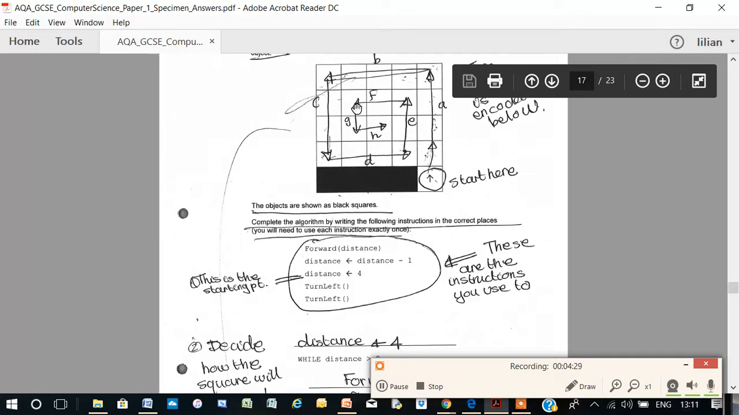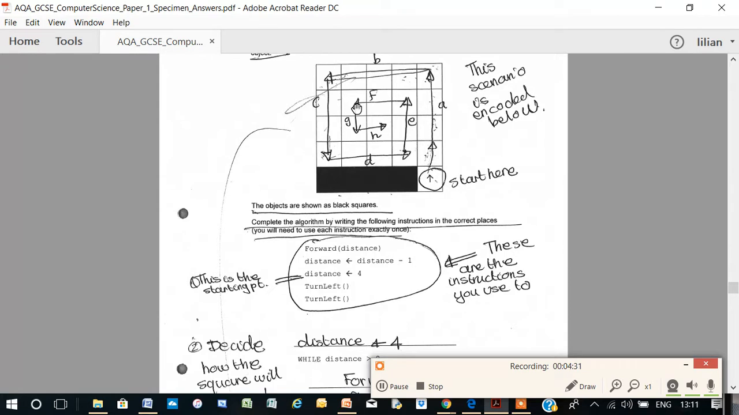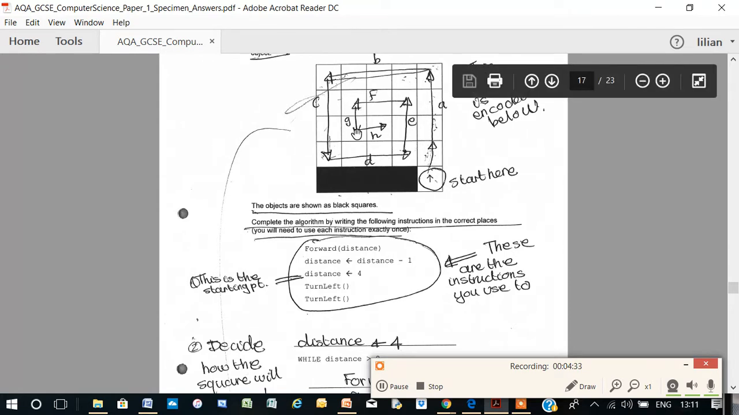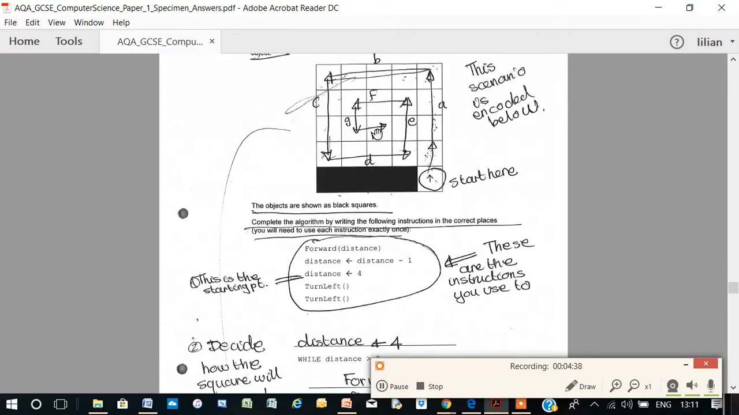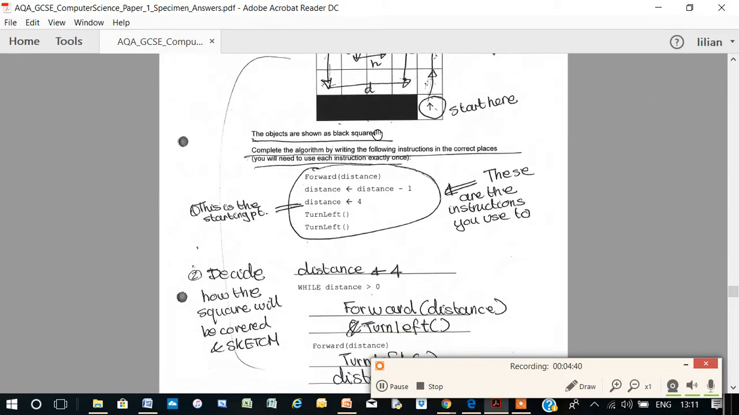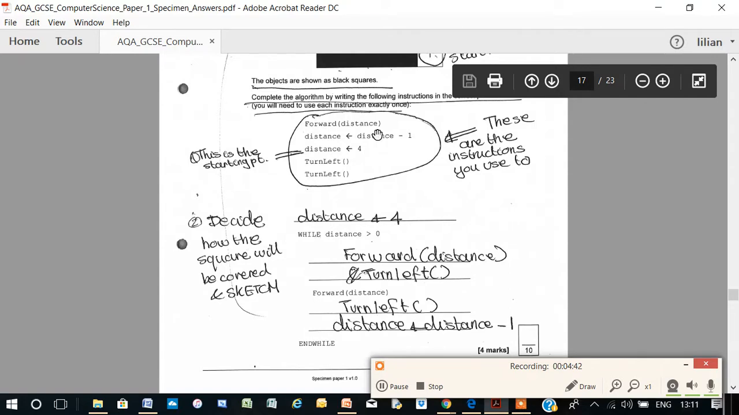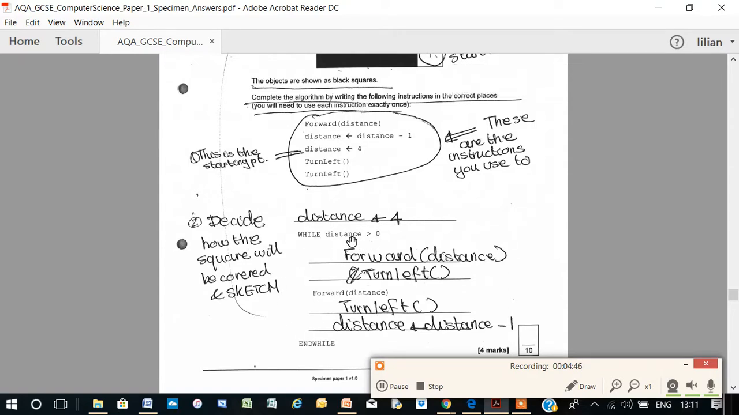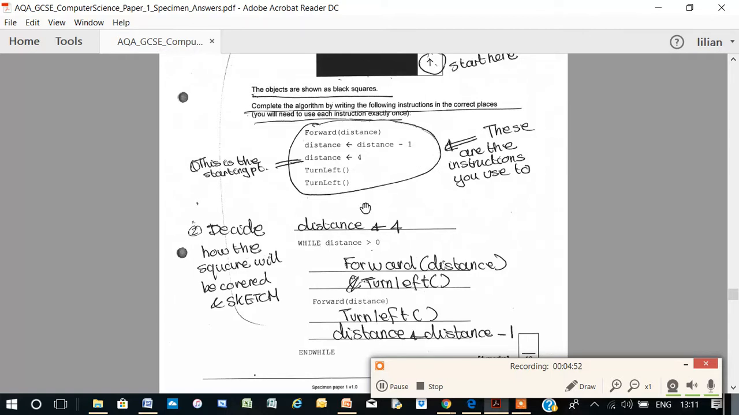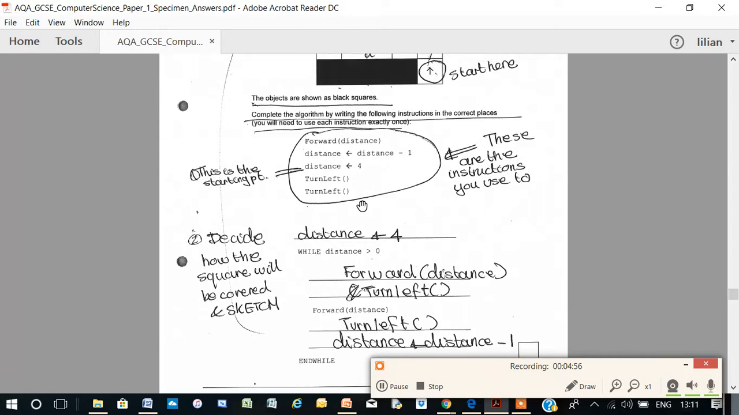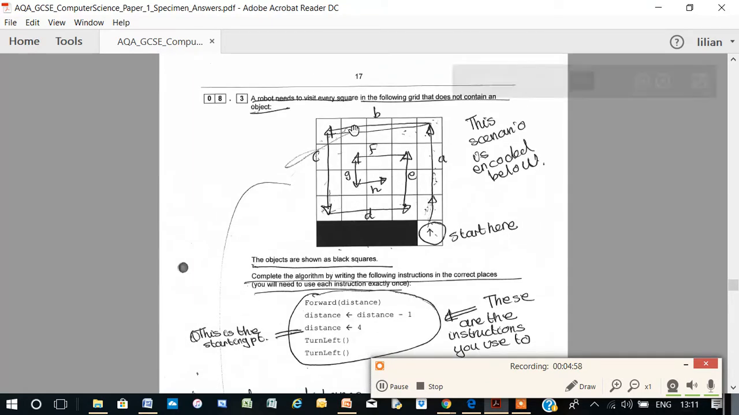so distance becomes 1. So forward 1 goes here, turn left, and it goes here. And then distance equals distance minus 1, it becomes 0. So whilst distance is greater than 0, distance is now 0, so it doesn't execute the loop and it exits. So this algorithm here, if you trace it, you will see that you do